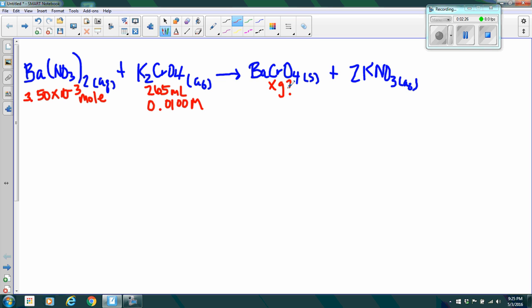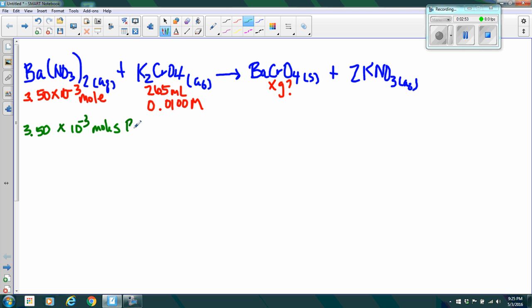Now you should be thinking to yourself, I need to find the limiting reactant, because I have 2 reactants that I am adding, and I don't know which one is all going to be used up. So the first one that I'm going to do, this is going to require a little more work, but I might as well start from the left to the right. So let's say I have 3.50 times 10 to the negative third moles